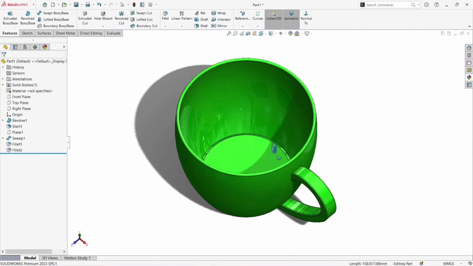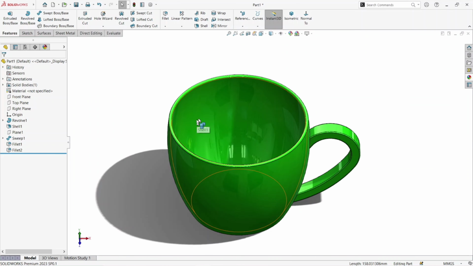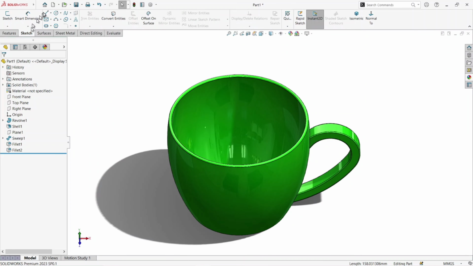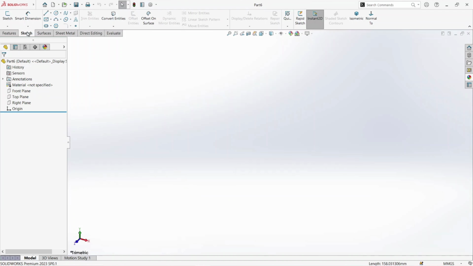So today we are drawing this simple coffee mug in SolidWorks 2023. So let's begin. Go to part and select part. OK. From sketch, select one plane. I choose front plane. Now make one center line